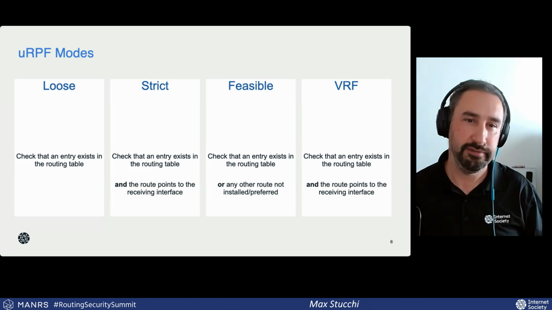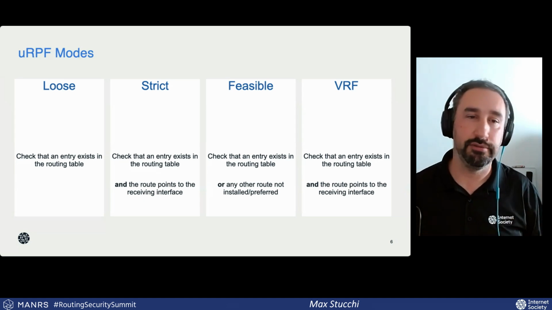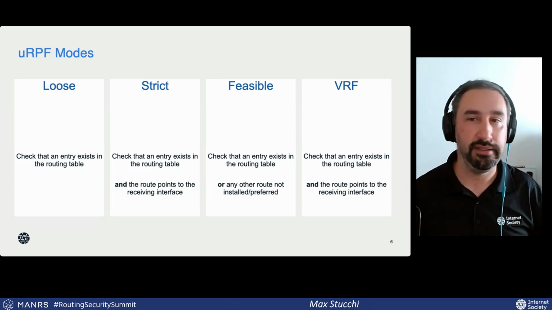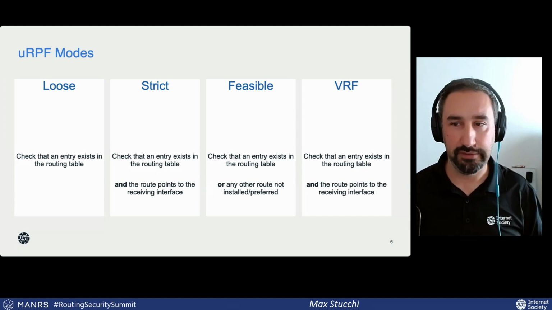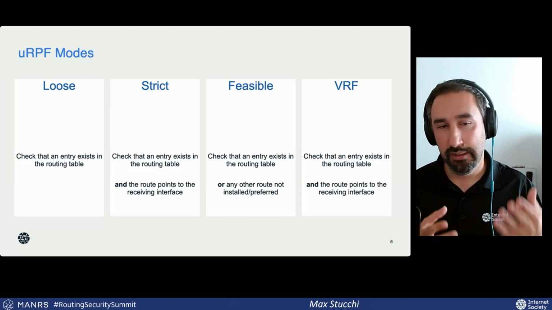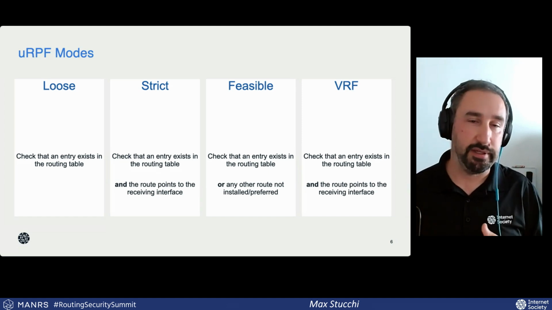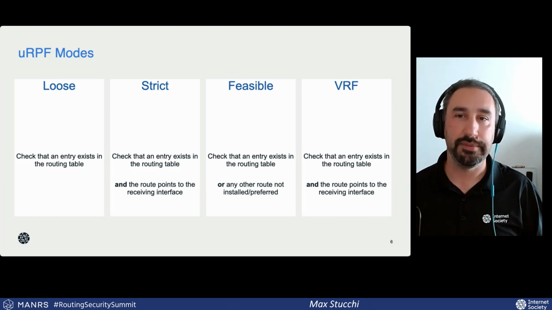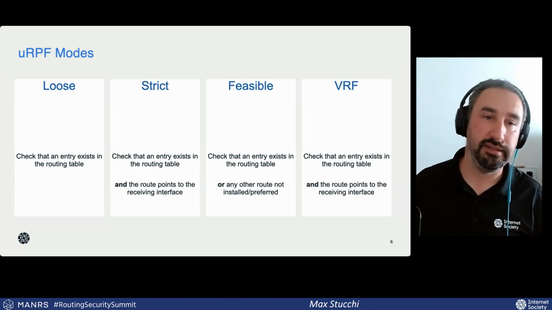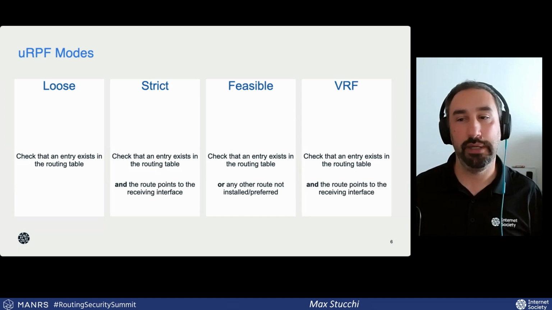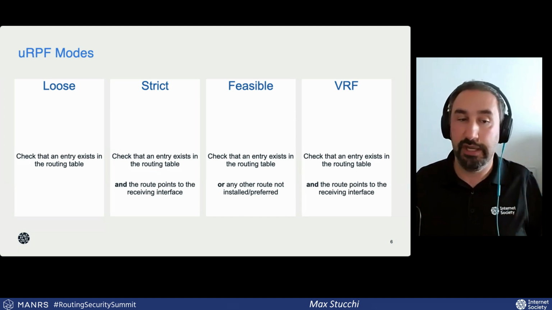So let's say we have a big aggregation router that takes care of northern Italy, a big aggregation router that takes care of central Italy, and one for southern Italy. If I have a situation like this, I might accept to route a packet coming into my northern Italian router, but which was supposed to be originated by a network in southern Italy, just because I have that route in